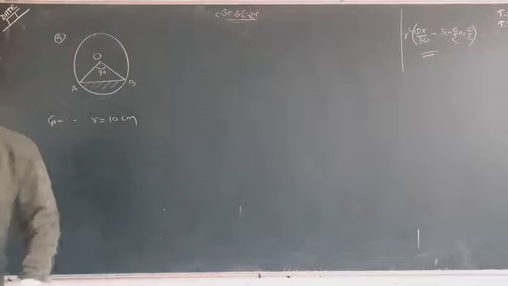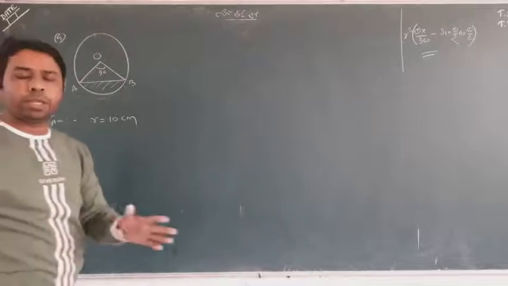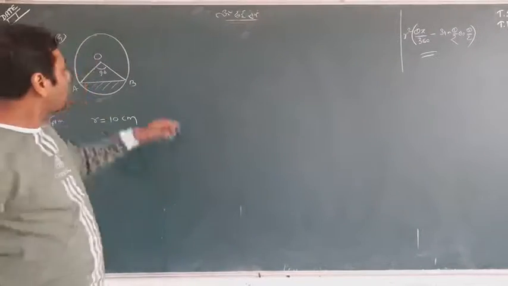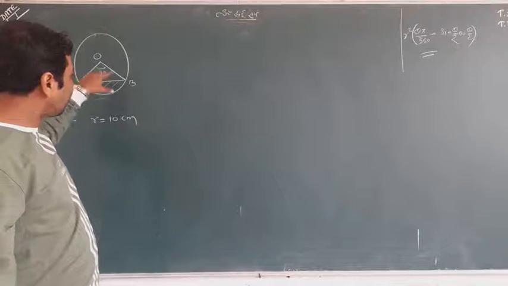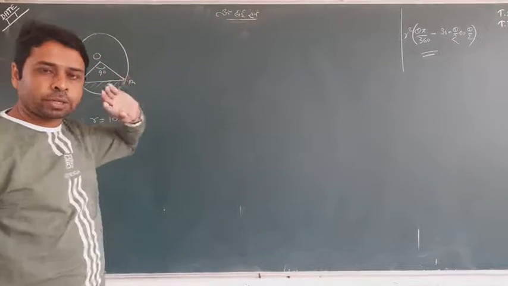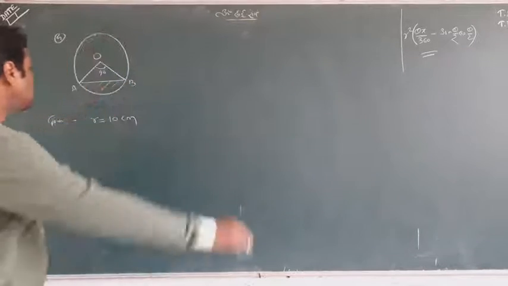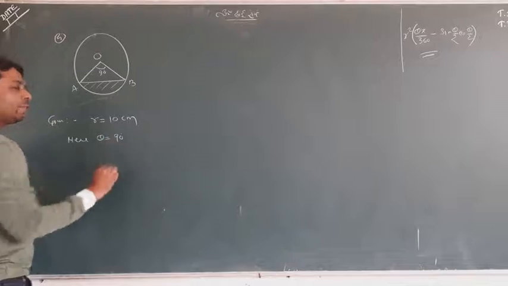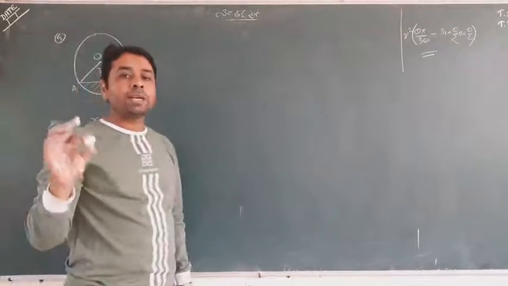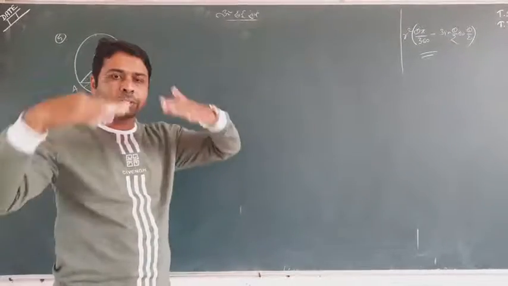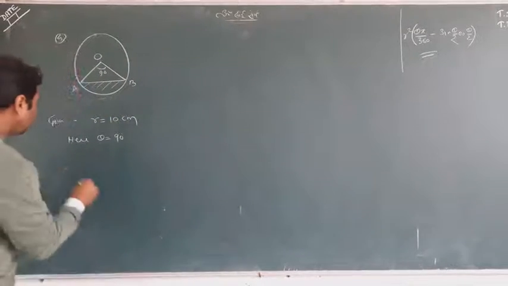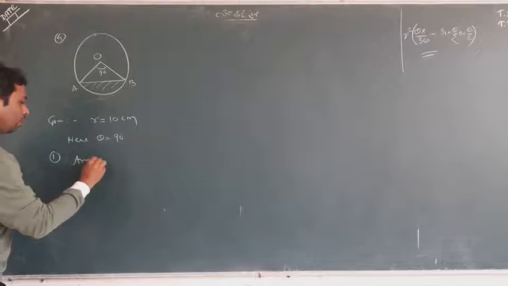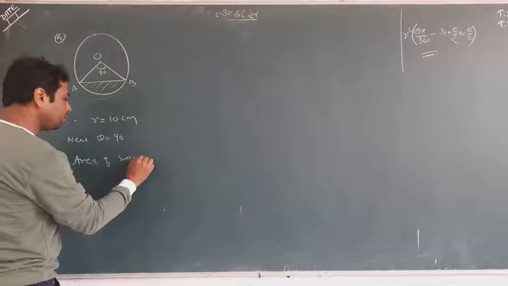So it's nothing hard. We know everything. We know the formula of segment. We know how we can find the minor sector, and from that we can find the major sector. So I don't think it's a tough one. First of all, I'll go with theta equal to 90 degrees, which is given, the right angle formed by the chord at the center. So central angle equals 90 degrees. Now the first thing I'll find is the area of the segment.